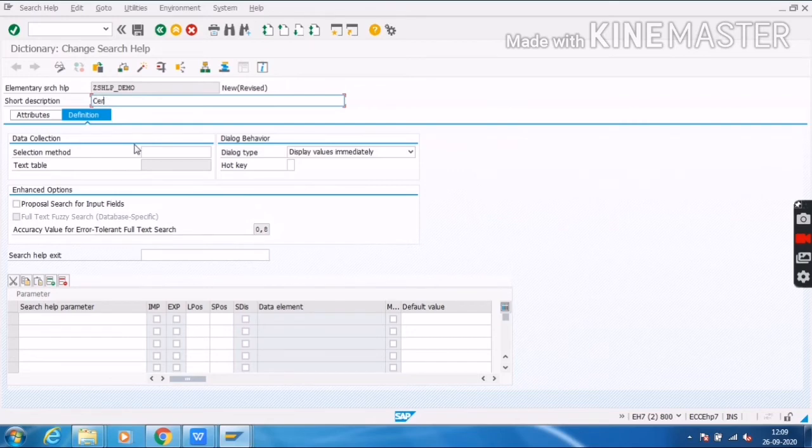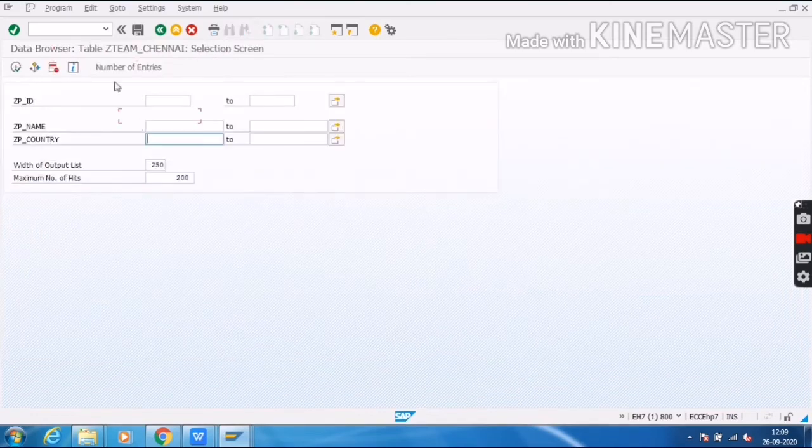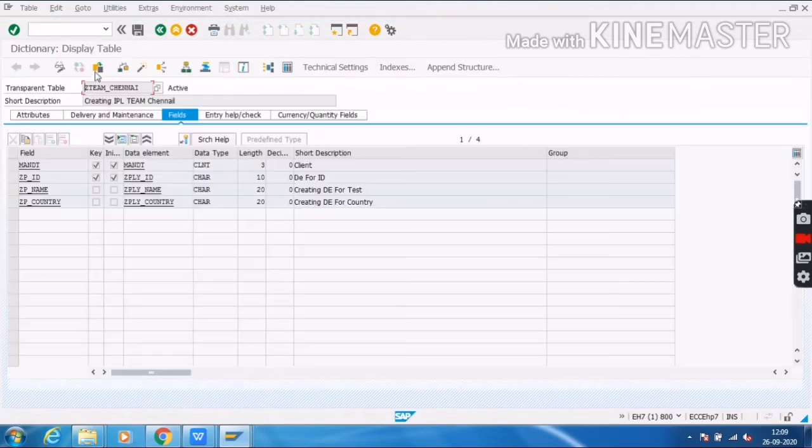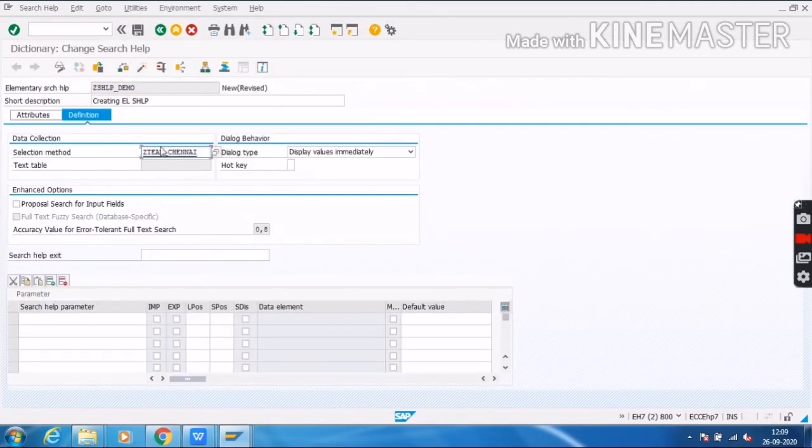Here I will provide a short description, creating SHLP elementary, EL_SHLP. EL means elementary search help. Inside the selection method I will give my table name, ZTEAM_CHENNAI.